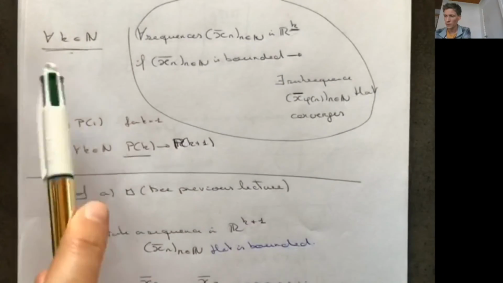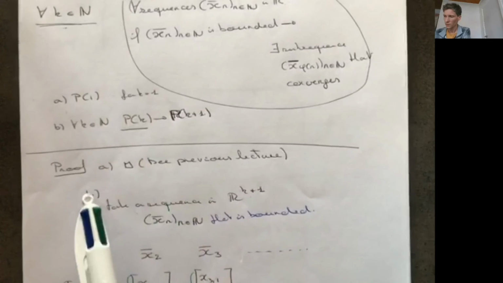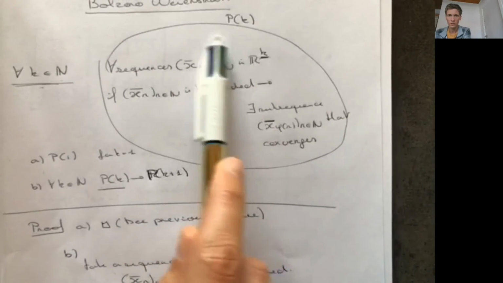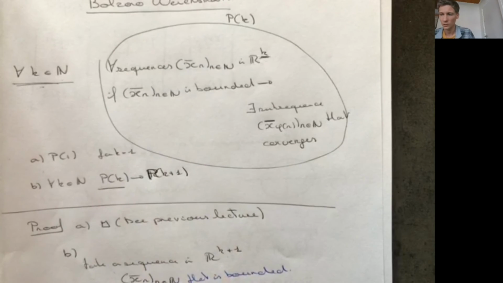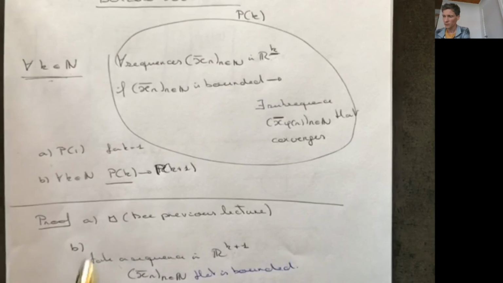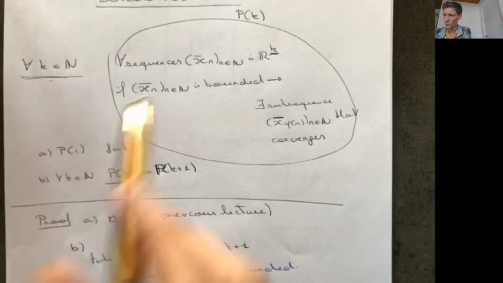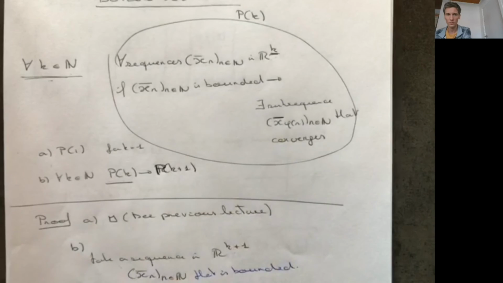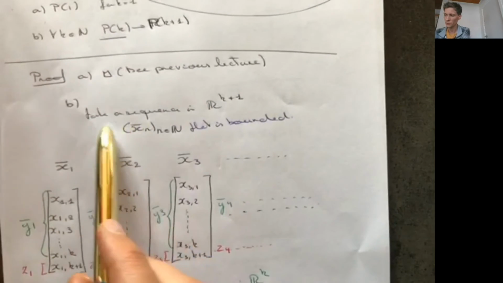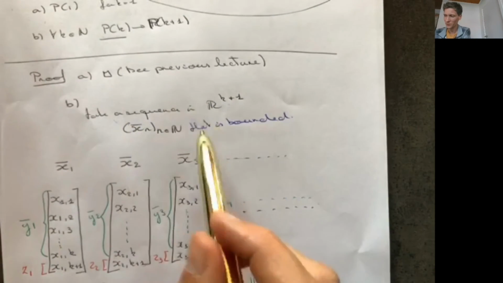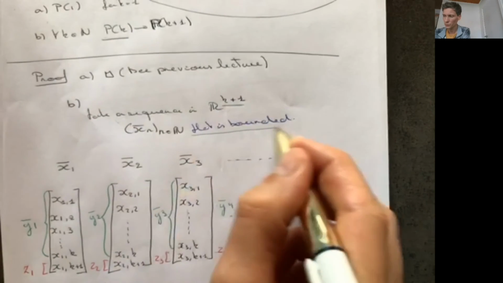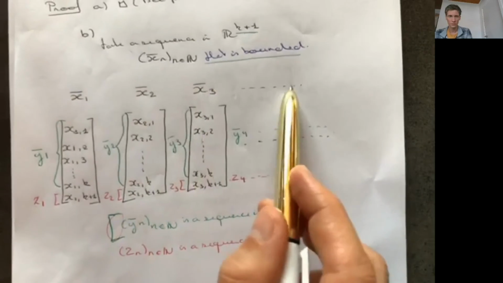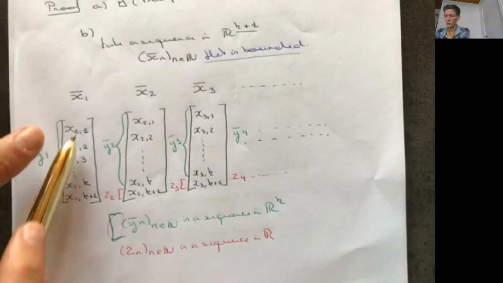So basically we prove by induction on k. So P1, if you put k equal to 1, then basically this is the original Bolzano-Weierstrass theorem that you have seen in the lecture. Okay. So for the induction step, we assume that it holds up to sequences in Rk. If these are bounded, then it has a convergent subsequence. And now we take a sequence in Rk plus 1, which we assume to be bounded.